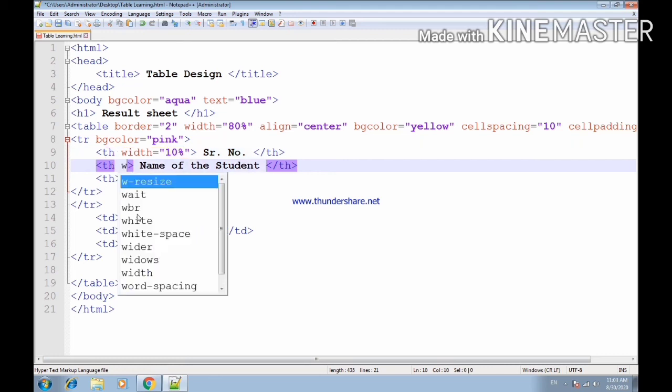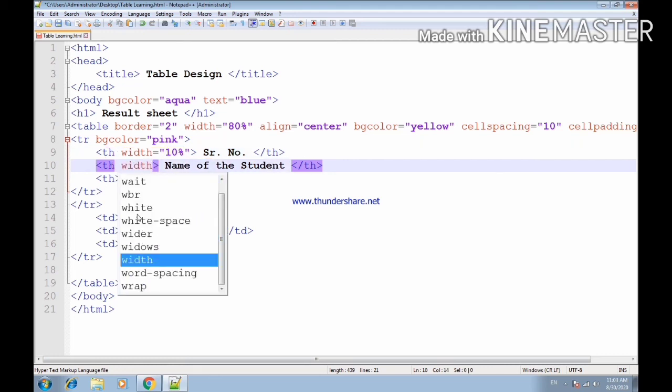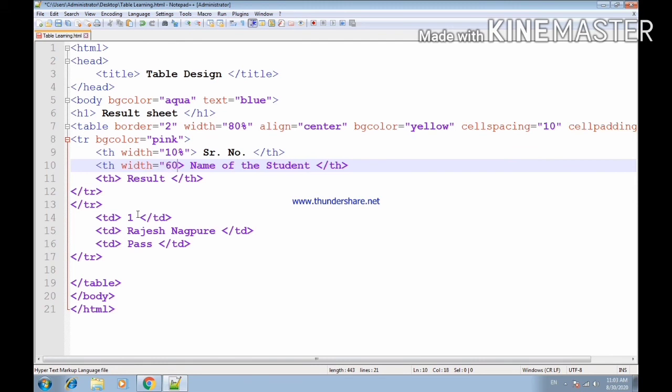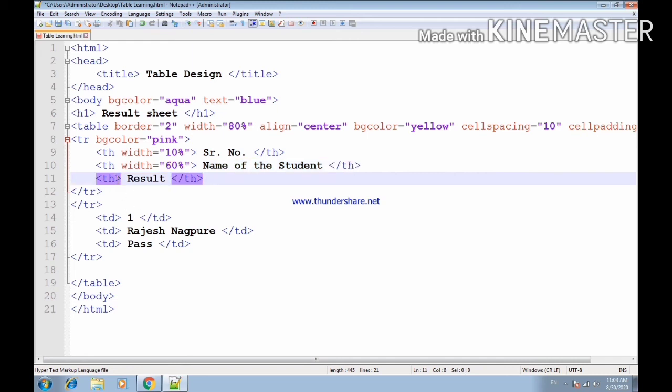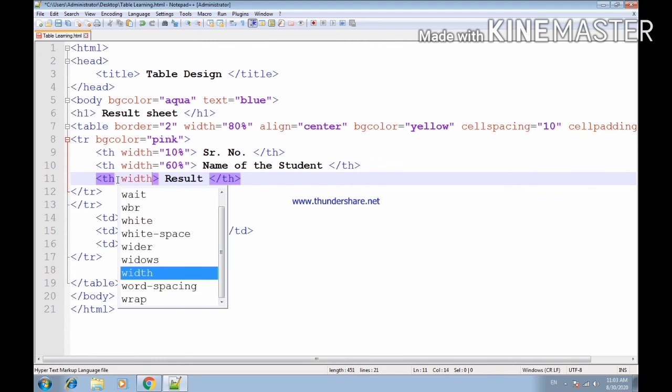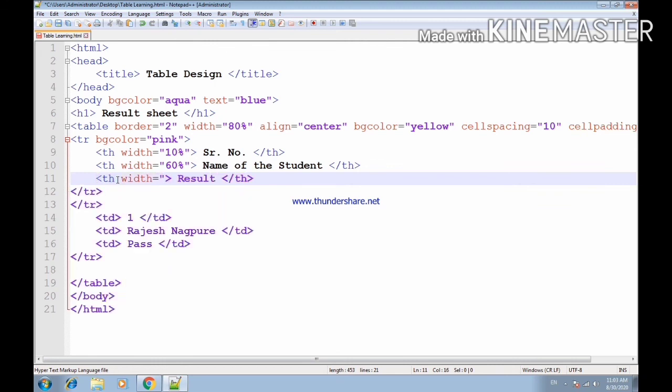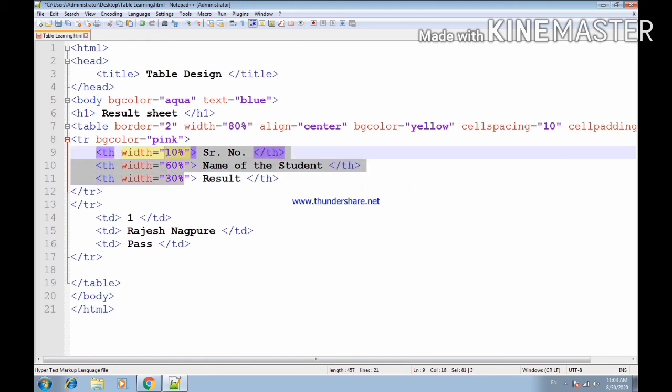Then here suppose I am putting width that is equal to 60%. Okay, means 60% width will be assigned to name of the student, and here width is equal to 30%. Now see, if you calculate this, this is 30 plus 60, 90 plus 10, 100.